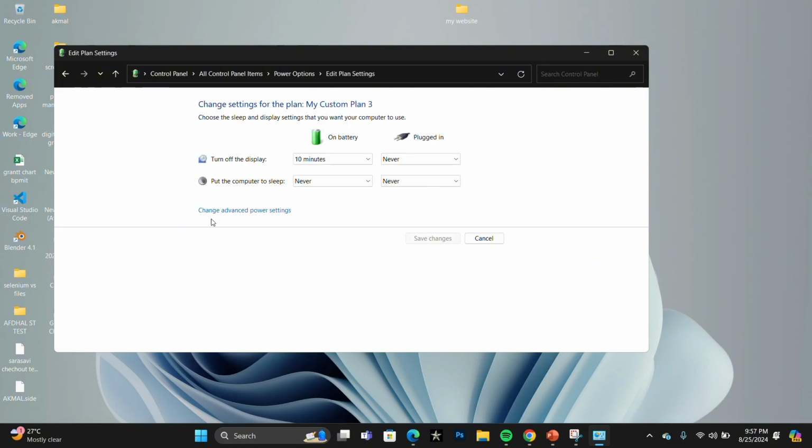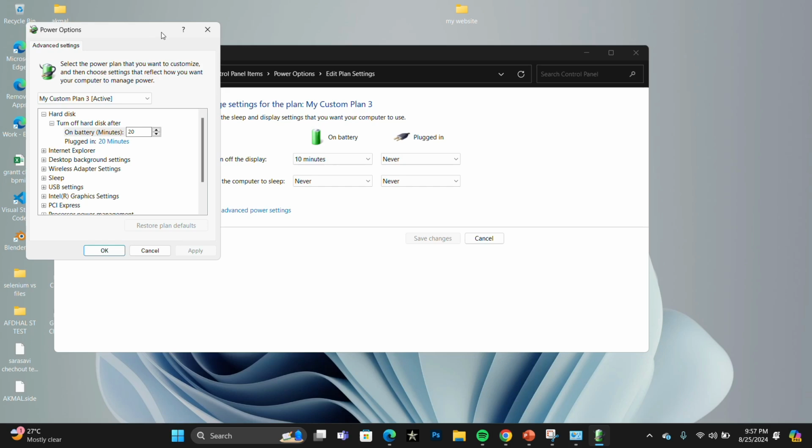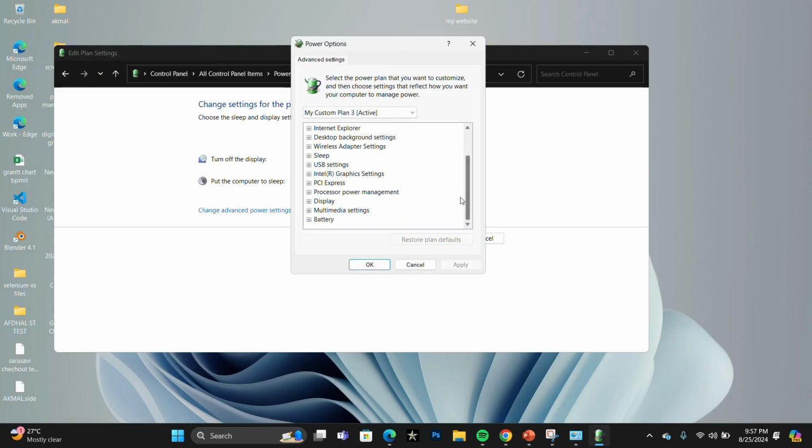On that, click on Change advanced power settings. Here, scroll down below to the Processor power management. On that,